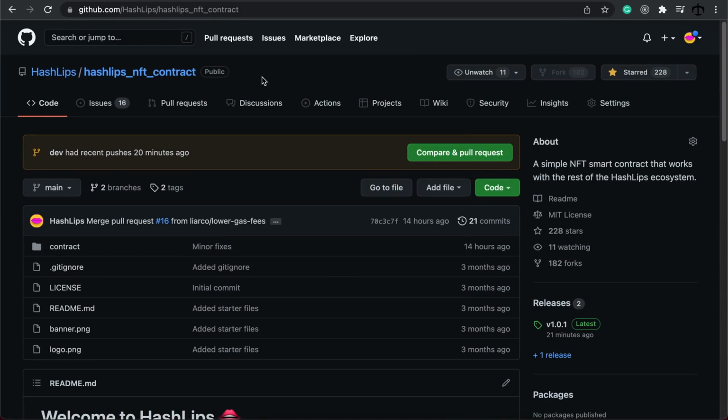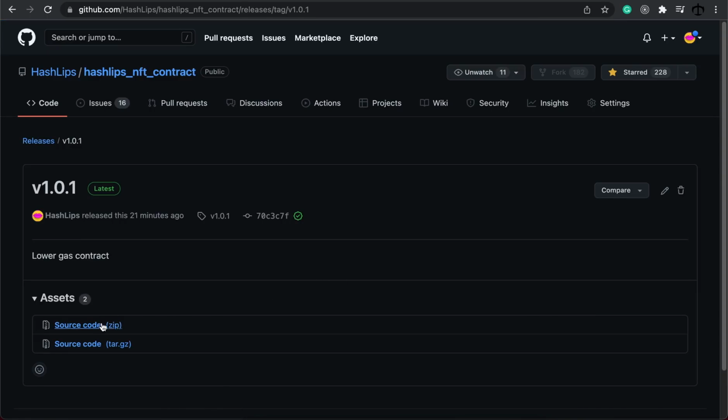You can find this contract that we are going to be discussing today on the HashLips GitHub repo, particularly the repo saying HashLips_NFT contract. Now there's 2 ways of accessing it, and if you are watching this video on a very later stage, I would highly recommend to go to this releases and click on release version 1.0.1. Once you do so, you can actually download the whole source code